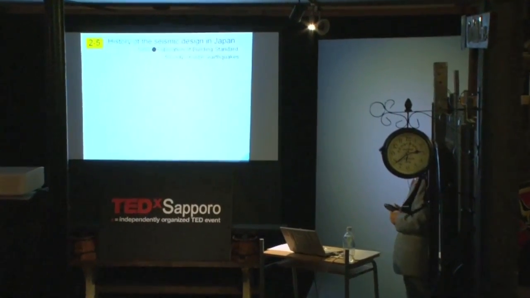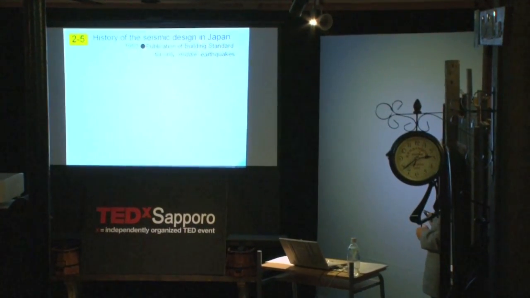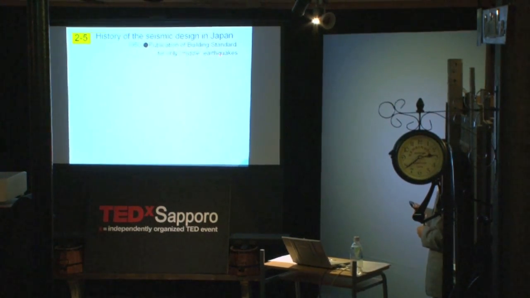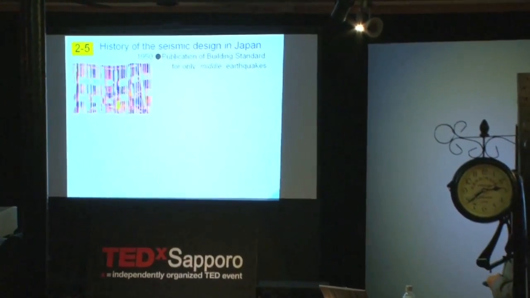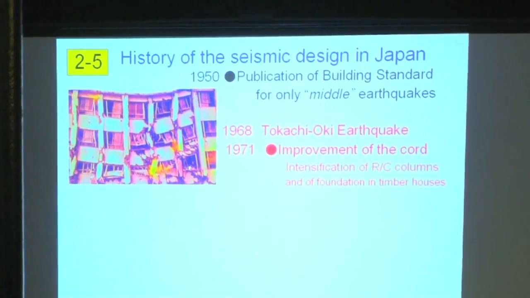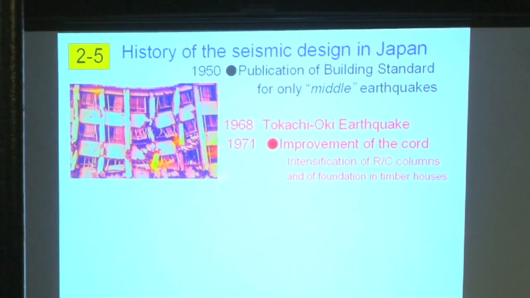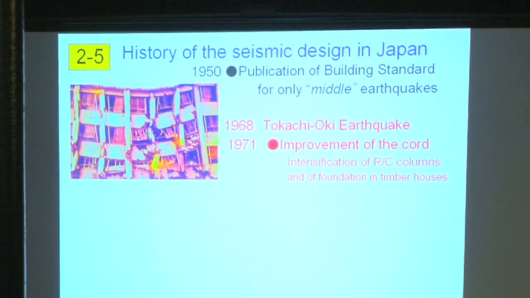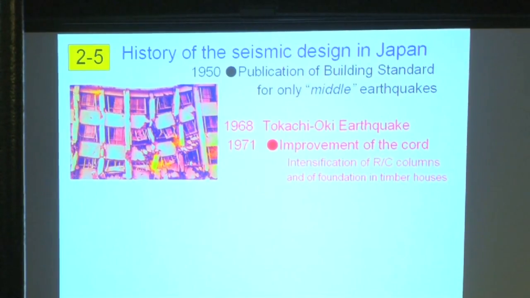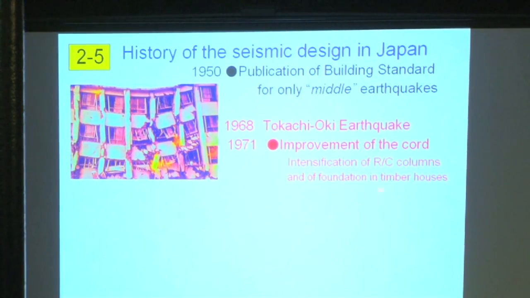The seismic design code in the standard was applied to only middle earthquakes. In the 1968 Tokachi earthquake, many reinforced concrete school buildings collapsed, so that the code improved a little,